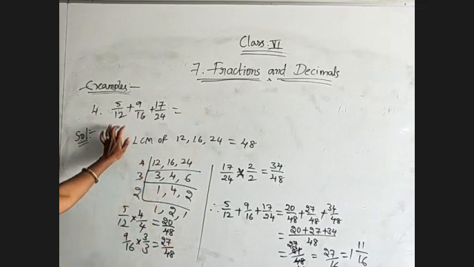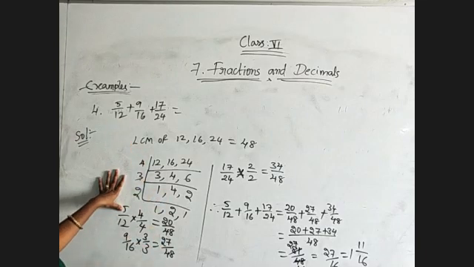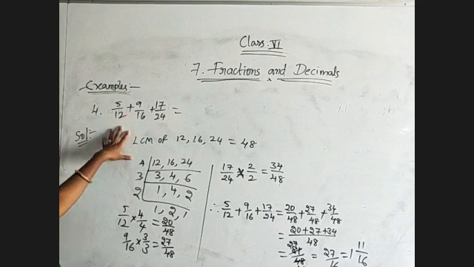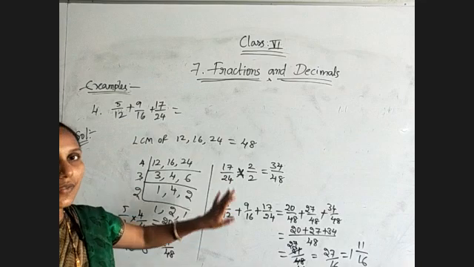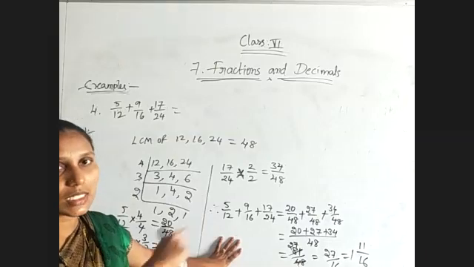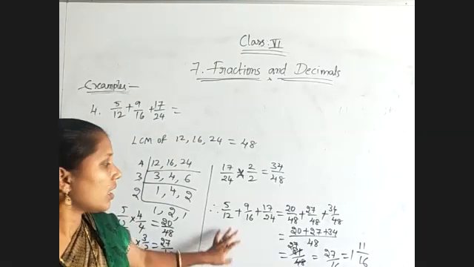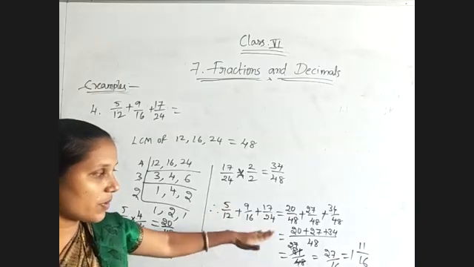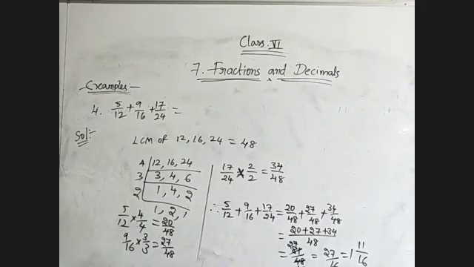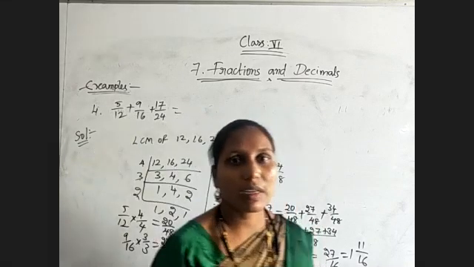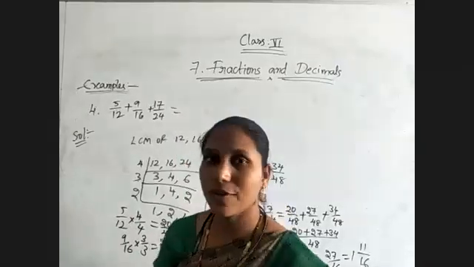Once again, observe whenever three fractions are given. First check whether those are like or unlike. When they are unlike fractions, go through with the LCM and convert them into like fractions. If they are asking for ascending or descending order, just arrange them according to their numerators. If they are asking for addition, like this we must do. Okay. So tomorrow we will discuss some more examples on the same topic, fractions only. Okay.